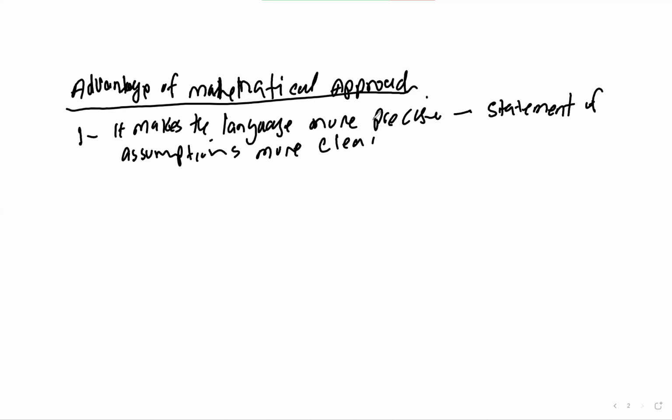So with the symbols, you don't have to worry about all this verbal language inaccuracy. So the first advantage is that it makes the language more precise and the statement of assumptions more clear. And this will get rid of one of the fundamental problems with verbal language and its interpretation. So that's number one. Number two,